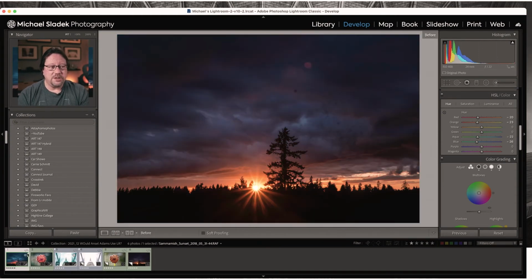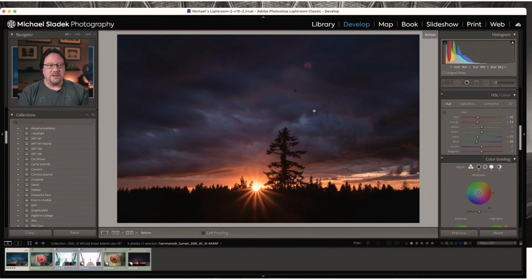So when I created the photo, one of the things I wanted to do was get that sun star. So I closed my aperture down to f22. It's a very small opening, which helps get the sun rays to do that. Now, the consequence of that is it increases all the things that are in focus, including all the spots of dust on my sensor that I didn't notice, or they might be on the front of the lens as well. So it's a combination of things, a whole bunch of schmutz all over here.